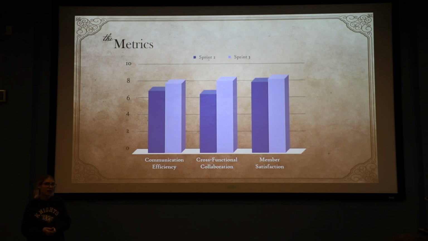So when it comes to our actual team metrics, one of the things that's really important to us is our team satisfaction. So when we were noticing a few bottlenecks, we were trying to think of ways to improve that. When we took surveys of the team, we noticed that communication and collaboration could be a little better. So to improve that, we did things like one-on-one meetings, more track collaboration and communication,